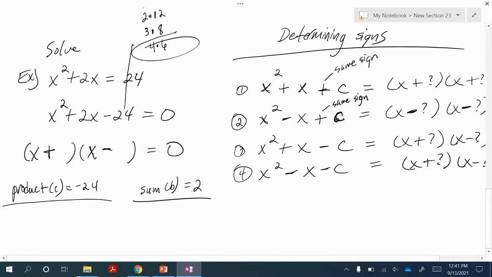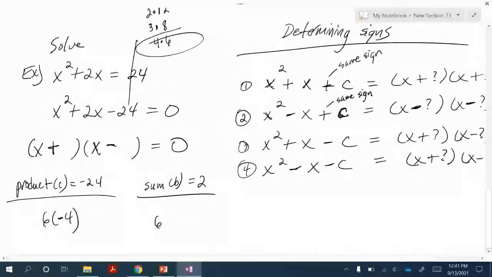Well, I know that my sum is positive, so the largest number should have the positive sign. So the two numbers I'm going to use here are 6 and -4, right? 6 times -4 is -24, but 6 plus a -4 is a positive 2, right? So our two magic numbers are positive 6 and -4,